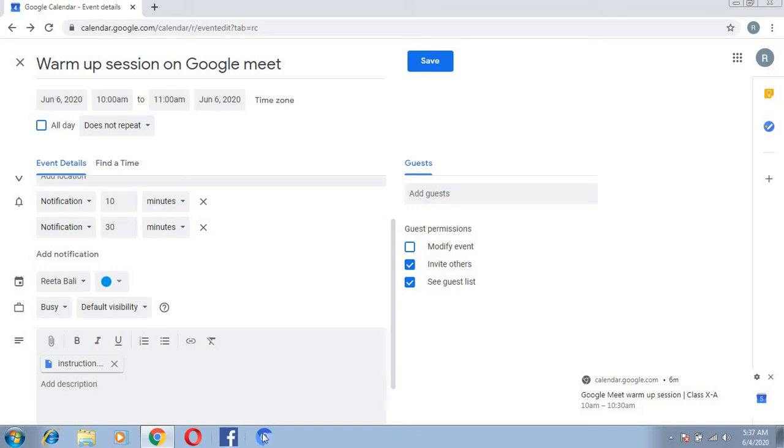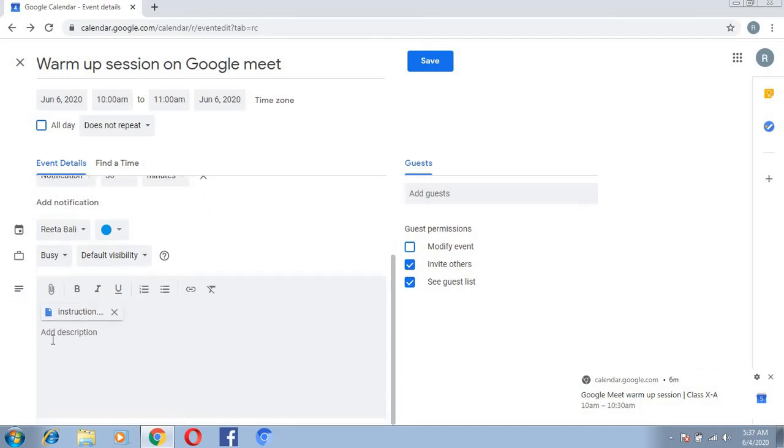After that, another thing which is visible is add description. You have to add a short description of your meeting or the warm-up session which you are going to conduct, or any other session which you are going to conduct.